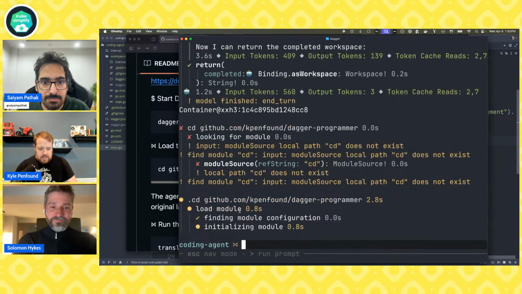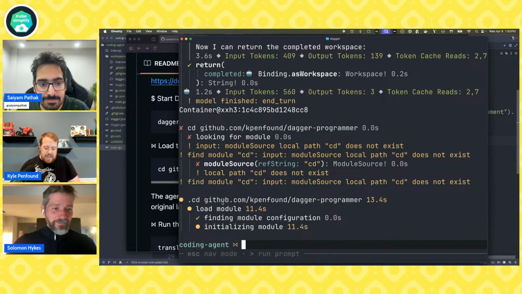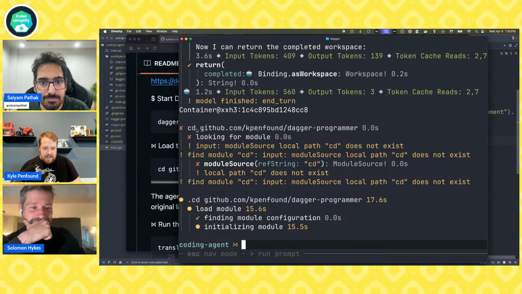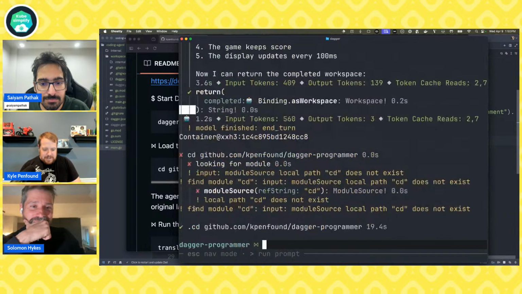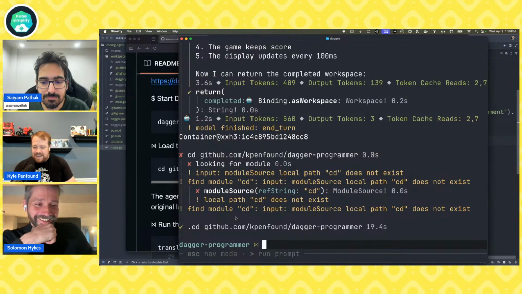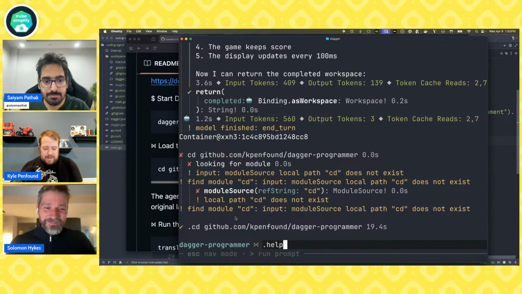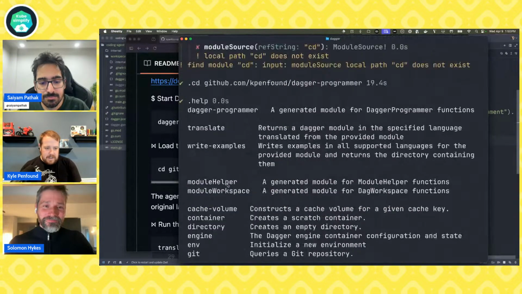So we load the module. I guess I have to update the README with a dot; I guess that changed recently. Things are moving fast. Maybe I'm hallucinating things as much as the models are these days. So now if I do dot help, hopefully I'll see that here.